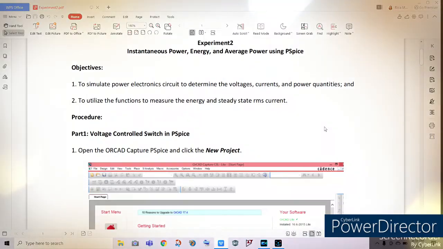So I am Rigami S. Casabana from ECE31, and for today's experiment for Power Electronics Laboratory, we will be exploring the instantaneous power, energy, and